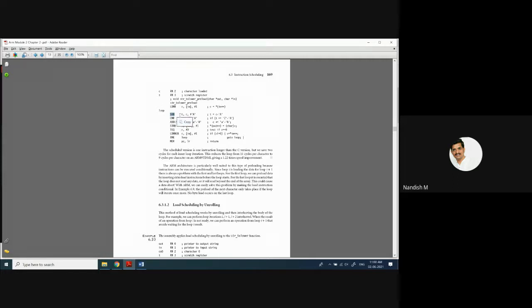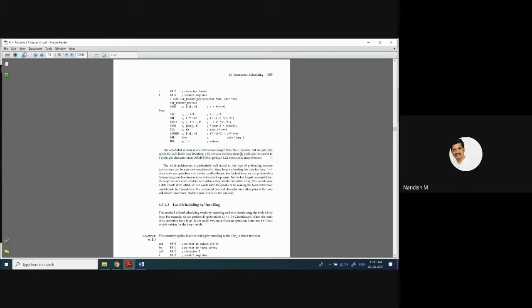It is almost the same as the previous case. But for the next loop, the load instruction is here. After that, the branch instruction is there. Then the loop starts. But here we have avoided the stall for 2 cycles. After the LDR, you don't have any other instruction, this sub instruction. Directly we have a branch instruction. In that case, we have saved 2 cycles for each inner loop iteration.